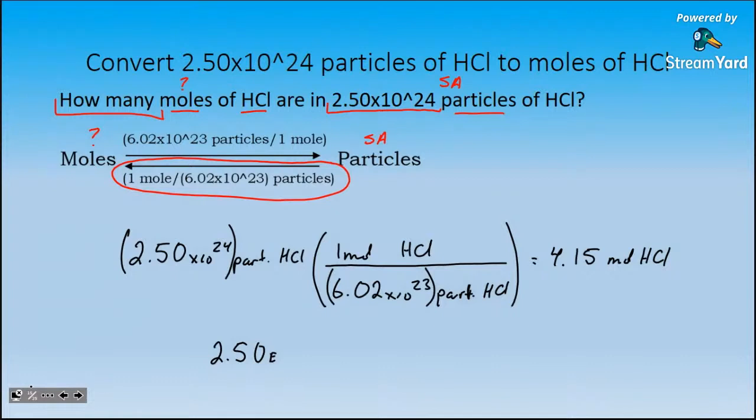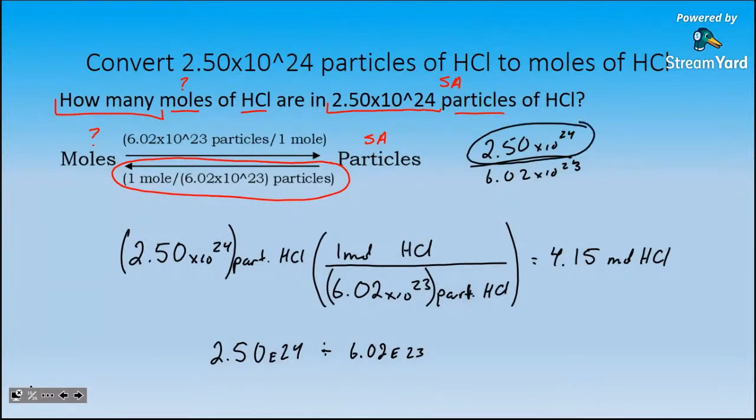2.50 E24, then divide by 6.02 E23. And the reason being is if you simply type it into your calculator as 2.50 times 10 to the 24th divided by 6.02 times 10 to the 23rd, it's going to work this problem and then divide that only by 6.02, and then it will multiply by the 10 to the 23rd, and you'll get an incorrect